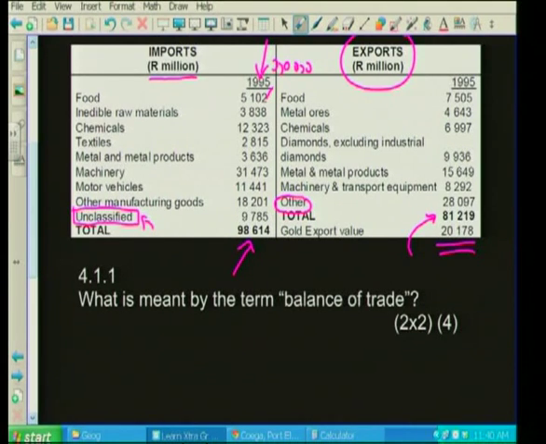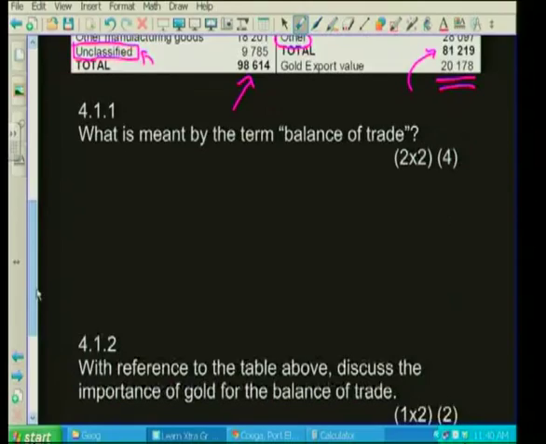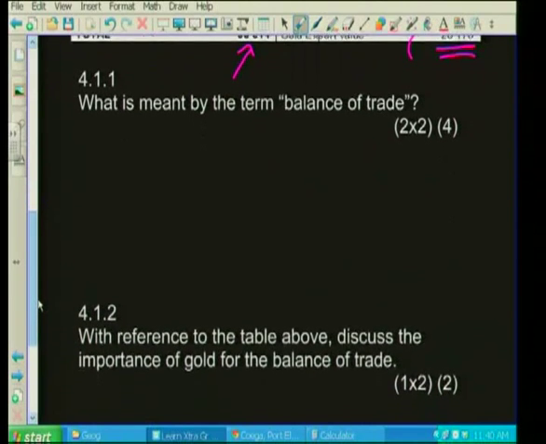Right, so we've looked at the information, we've deciphered some of the stats, and we've looked at what this table or this list of figures is all about. Let's start answering some of the questions. Question 4.1.1. What is meant by the term balance of trade? Remember, I hope you've studied your definitions or your terminology so that you can answer this question. So for 4 marks, we need to say it is the comparison